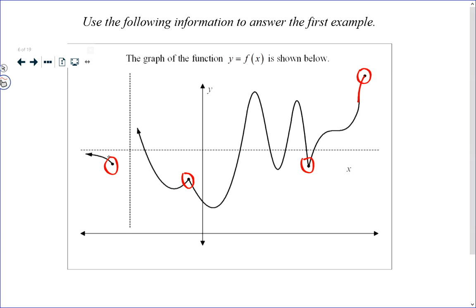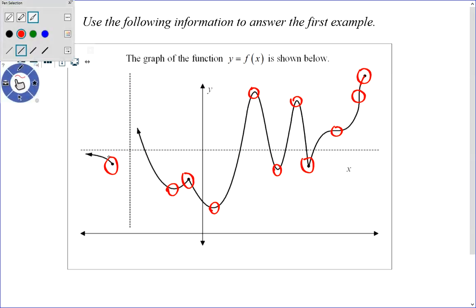Now, the other critical points. There's actually one more critical point here where the derivative is undefined, and it's right here. The derivative is undefined there because the slope is vertical at that point, which means the slope is infinite, and we don't define infinity. We also have this point, this point, this point, and this point, and this point, and this point being critical